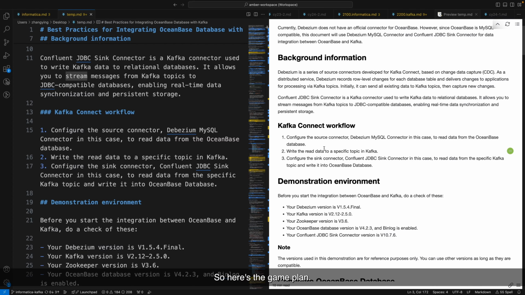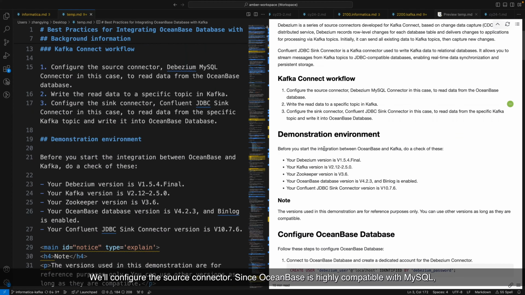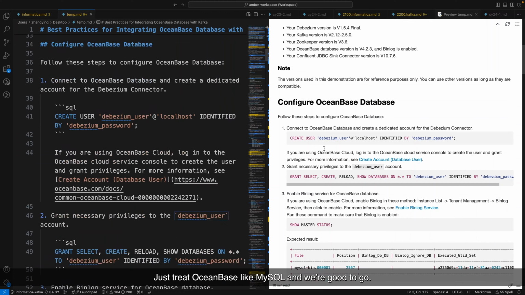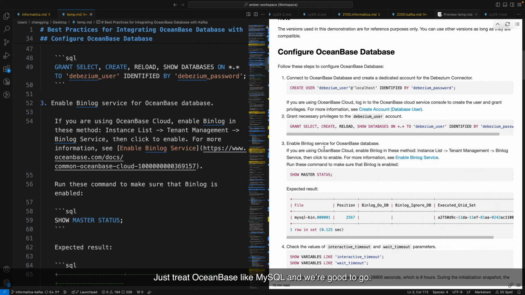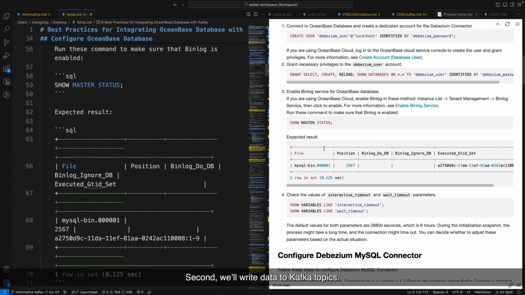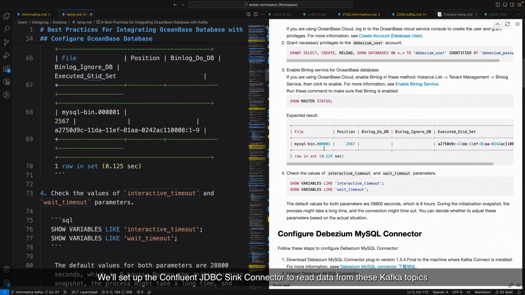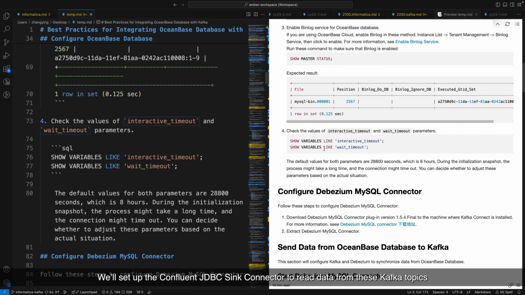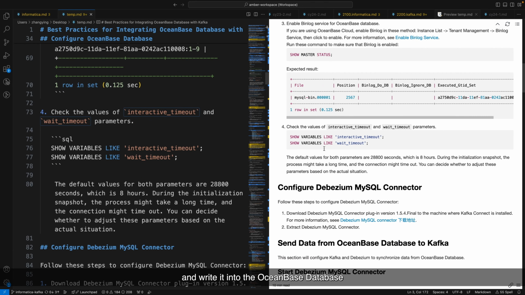So here's the game plan. First, we'll configure the source connector. Since OceanBase is highly compatible with MySQL, we're using the Debezium MySQL source connector. Just treat OceanBase like MySQL and we're good to go. Second, we'll write data to Kafka topics. We'll set up the Confluent JDBC sink connector to read data from these Kafka topics and write it into the